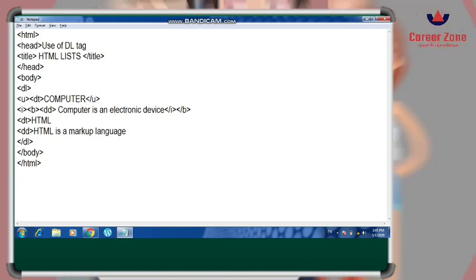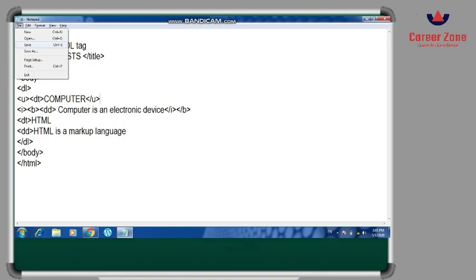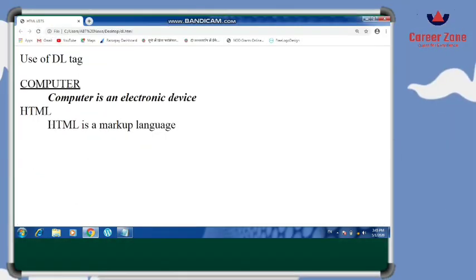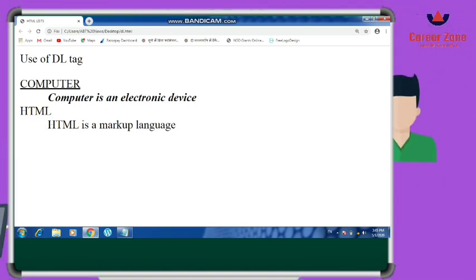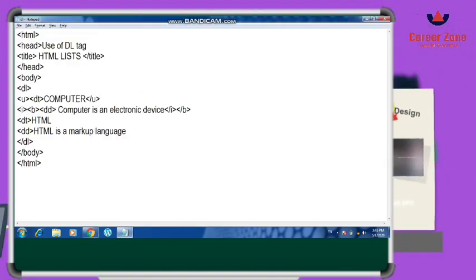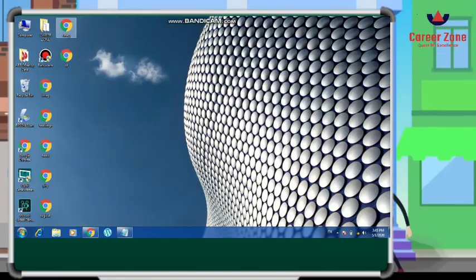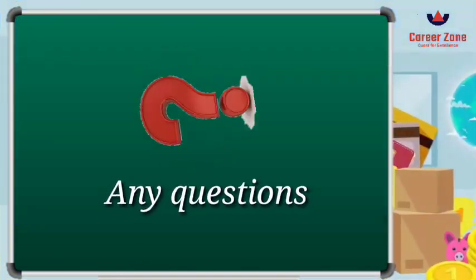Now suppose I have underlined my DT, the definition term. So see how computer is underlined, and then the sentence, the definition, is italic and bold. So this is how you can apply the different style tags also. You just have to open it before and close it after the DD tag.